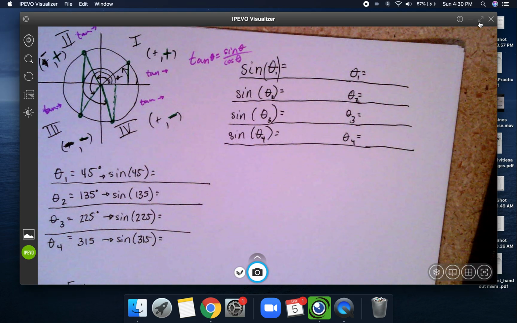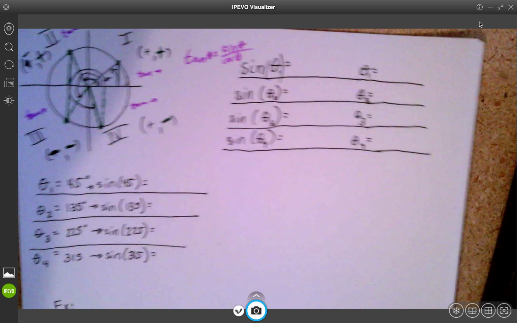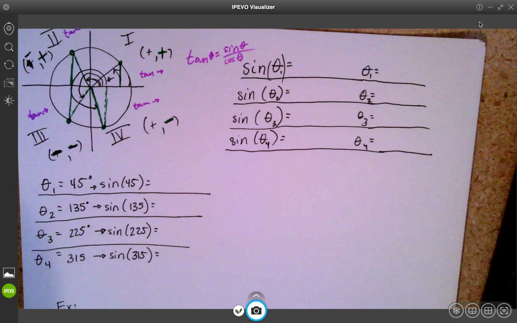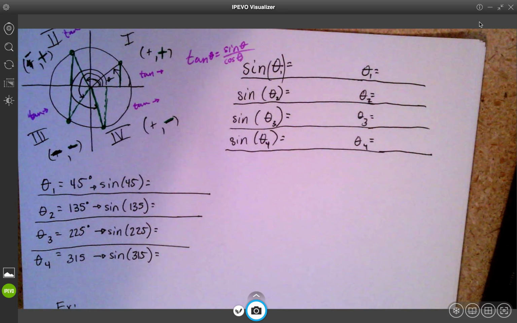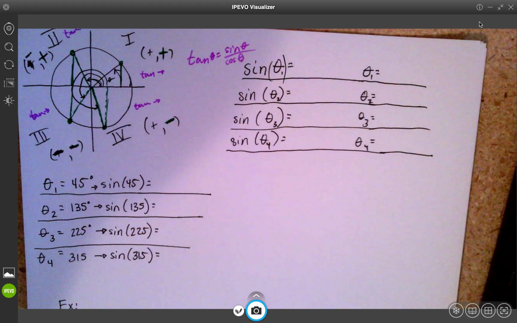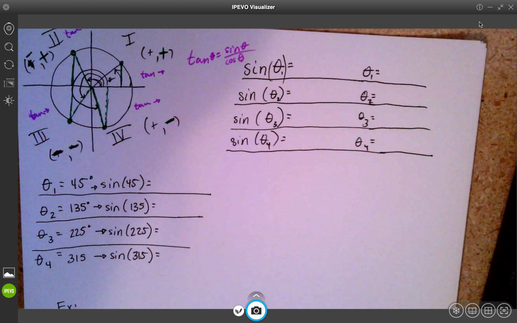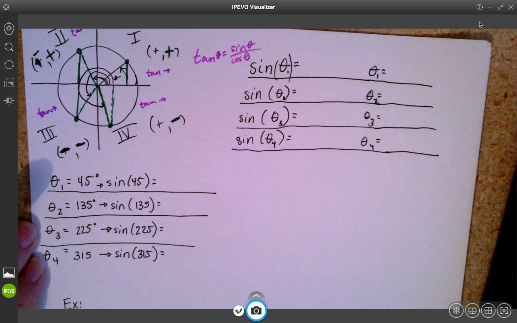Right, folks, I wanted to give you some examples of the questions I want you to be looking at. One of the things we're going to be working on this week is how to use the unit circle to find these angles, or vice versa. If I have the angle, how do I find the ratio? Hopefully you watched the Khan Academy video before this, which explains what the unit circle is and what it tells us. But I wanted to look at an example of some questions like the ones I want you to do